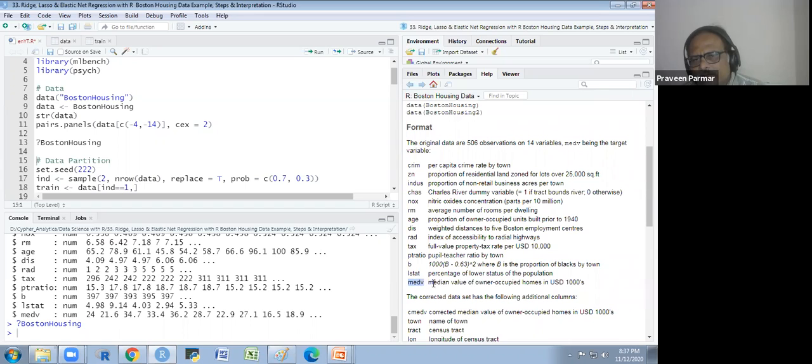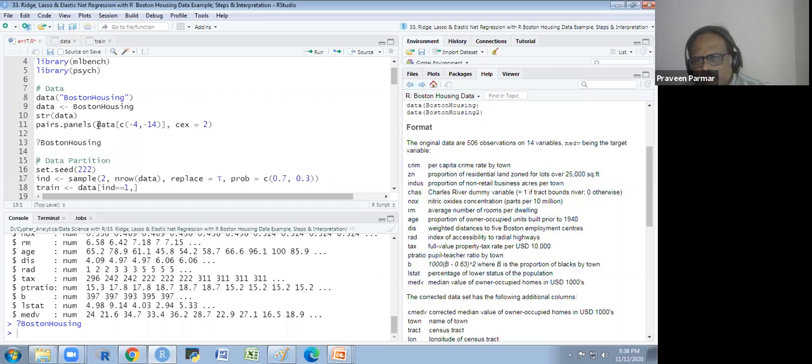Our target variable is the median value of owner occupied homes in thousands of USD. And the Charles River dummy variable is one if the tract bounds the river, otherwise zero, so this is some sort of categorical. This is the fourth variable, the target is the 14th, and we have 14 variables in total.